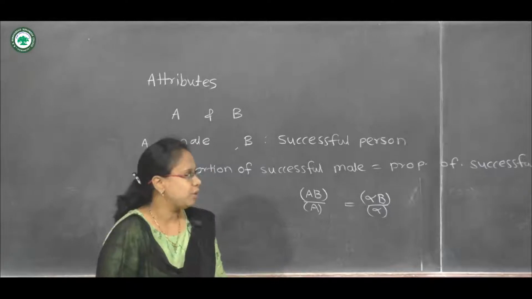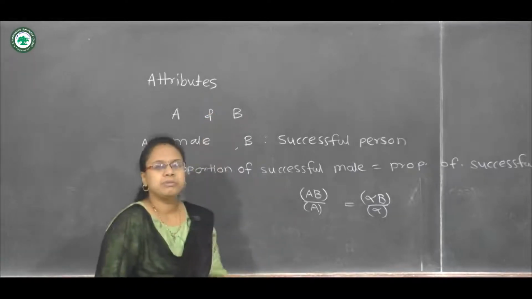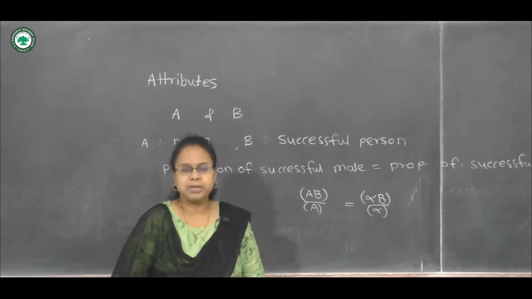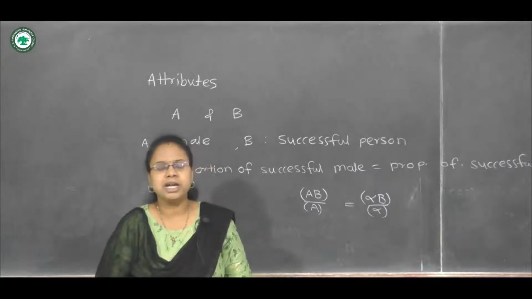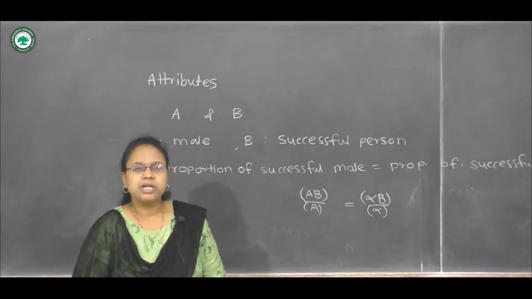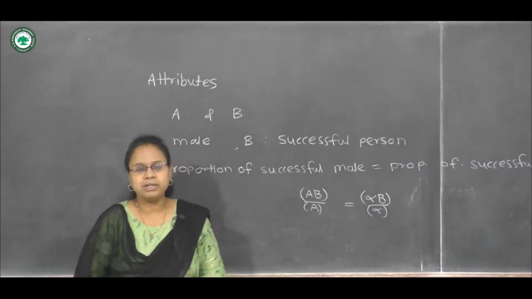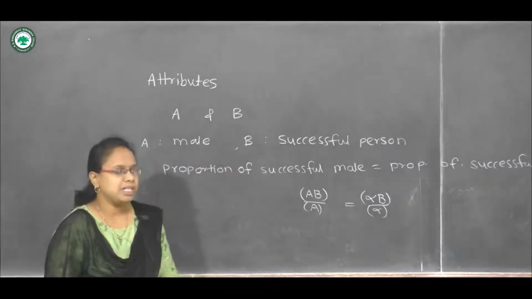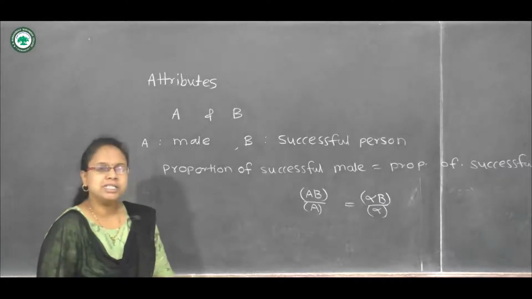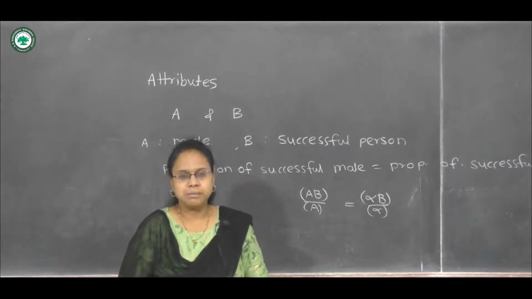Today we will see the topic attributes. Before that, we have seen some definitions and notations regarding the attribute. If the question is whether the given two attributes are independent or not, then we can check by the independency condition. Let us see one example.